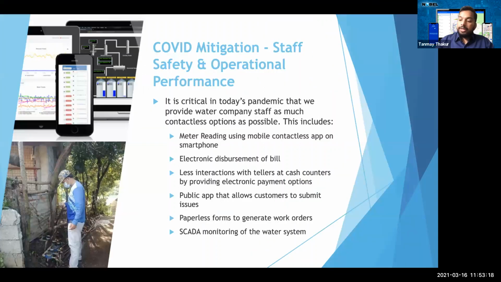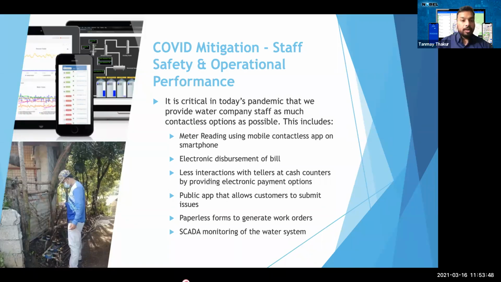As we know, we went through some tough times of COVID, so we have tools for a contactless method: a contactless app to read the meter, electronic payment of bills, paperless forms to generate work orders, a monitoring system for the water system, and also allowing the public to submit customer reviews from the app itself.